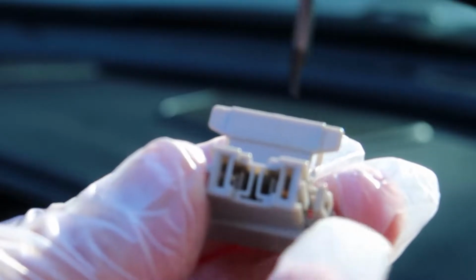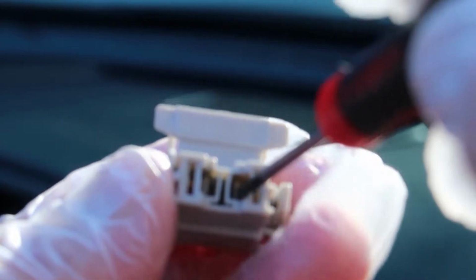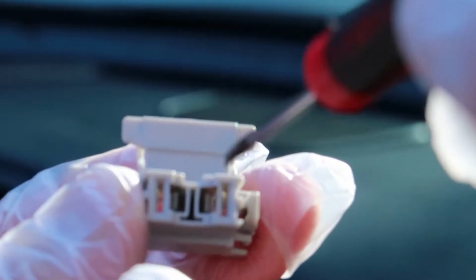Get that little tab and push it towards the center, and as you push that little tab towards the center, you can slide the wire right out. It'd be better if you had 3 hands right here, but you can do it because I did it pretty easily. Just push that tab towards the center and the wires will slide right out, and that just decreased the